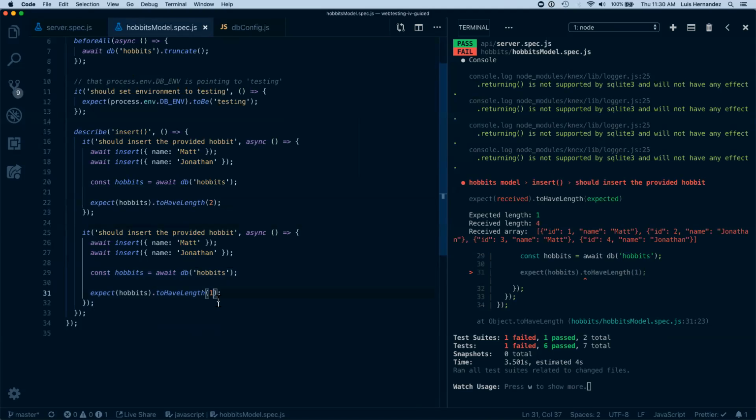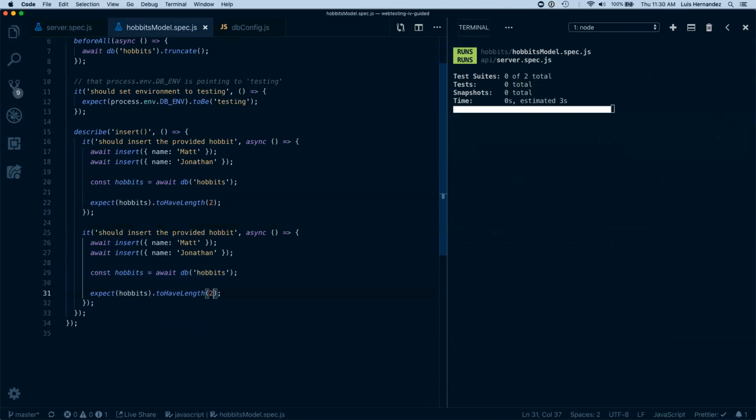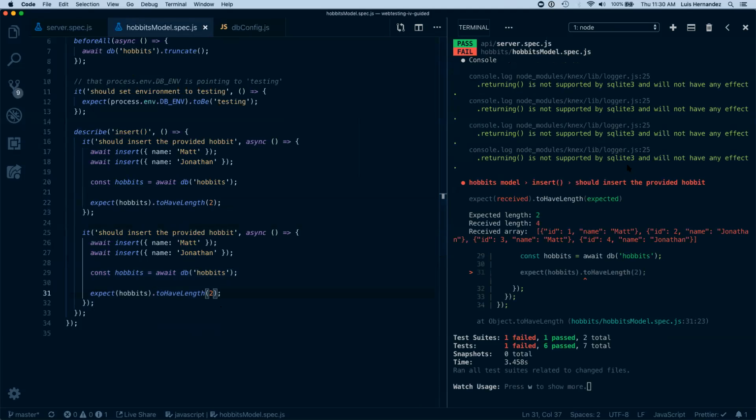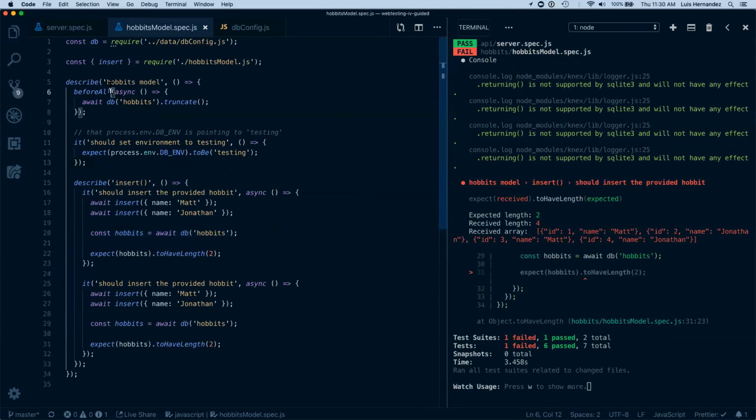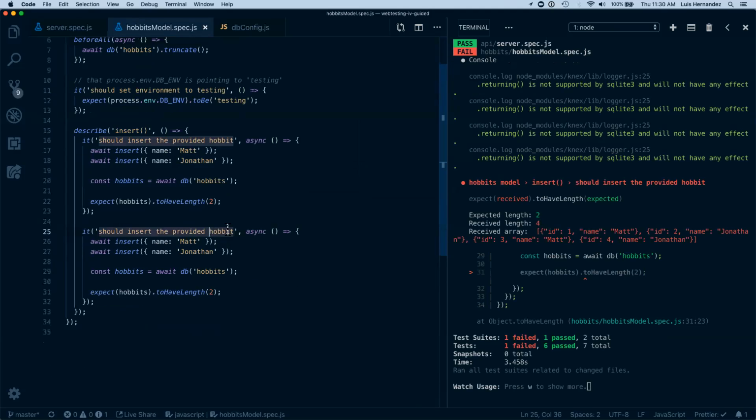Exactly, right? Even if we make both tests pass, no problem. But every time we run them, now we have more and more and more. Eventually we have 4 instead of only 2. So this should probably be in the before each, right? So let's complete this and say insert